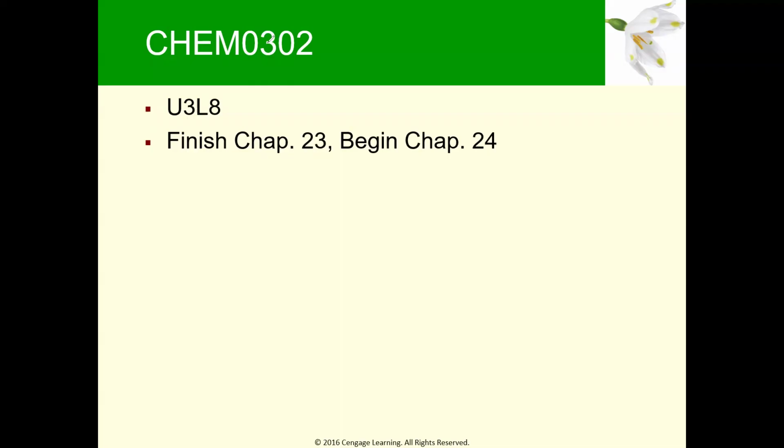All right. So what we're going to do today is finish up the final named reaction in chapter 23, and then we're going to begin chapter 24. The type of material is going to change drastically. We're going to go back to the more familiar: here's a functional group, here's how we name the functional group, here's how you synthesize the functional group. So if you're getting tired of all these complicated mechanisms, you'll get a little bit of relief starting today, okay? All right, so